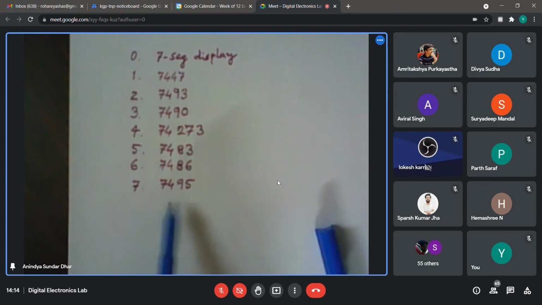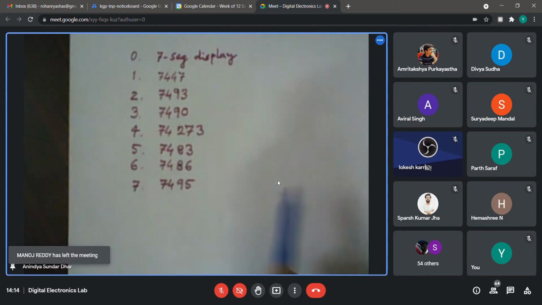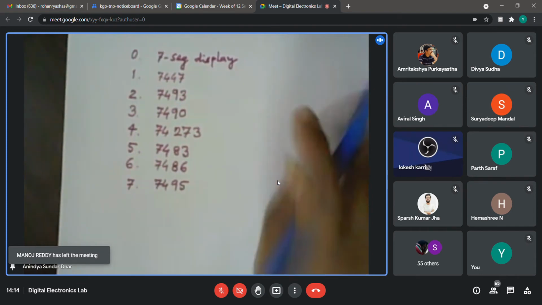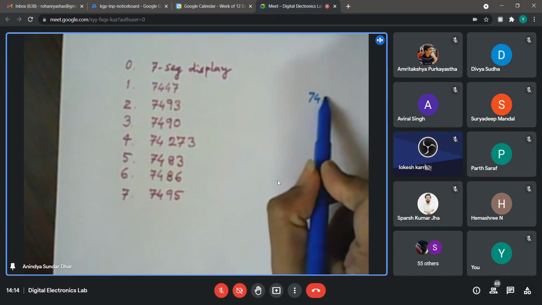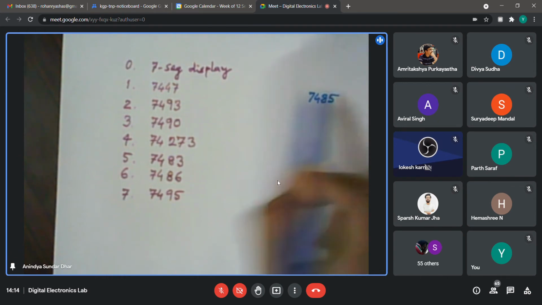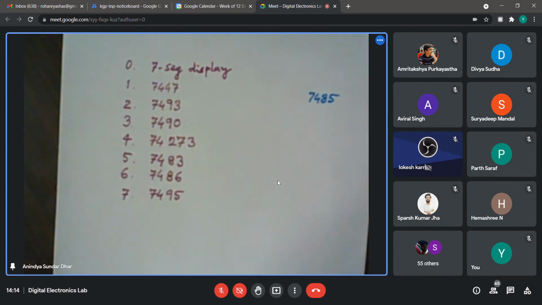When we are solving such challenge problems, I'm not sure whether you are looking for some other IC which you are not referring to. For example, in yesterday's session, I just suggested, have you checked 7485? Has anyone used that 7485 in any of your solving challenge problems? Either say yes or say no. Don't spend much time.